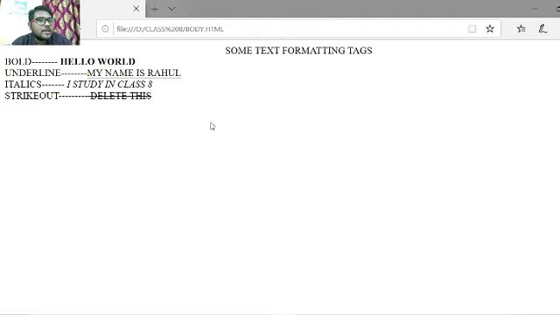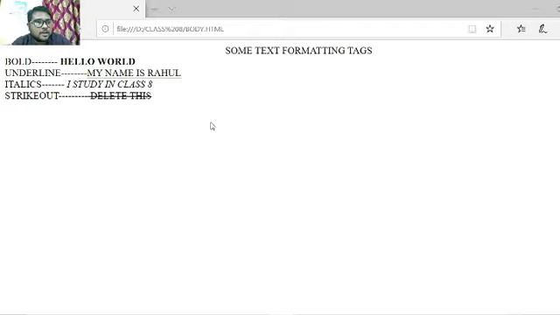Then I told you the italics tag, it tilts the text towards the right hand side. One second, sorry. Yes, so italics, this line here, if you see, I tag, I am studying in class 8, the text will be italicized.